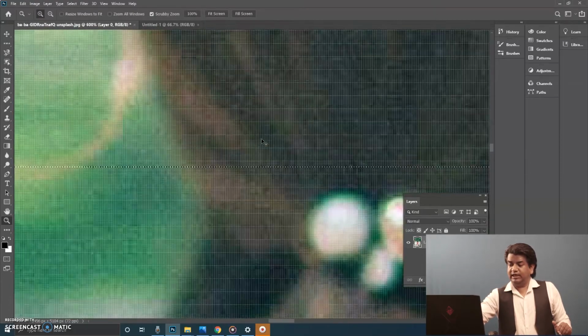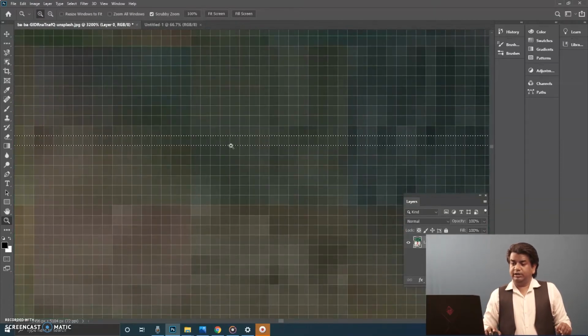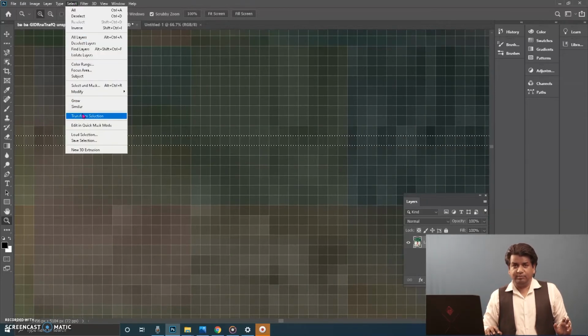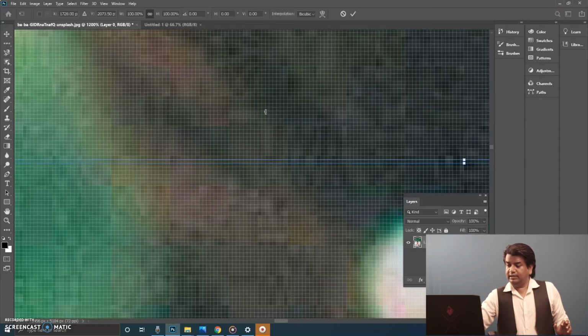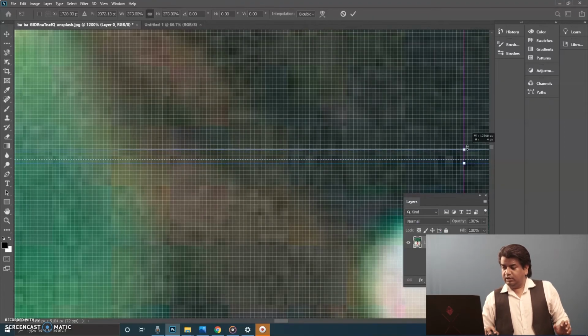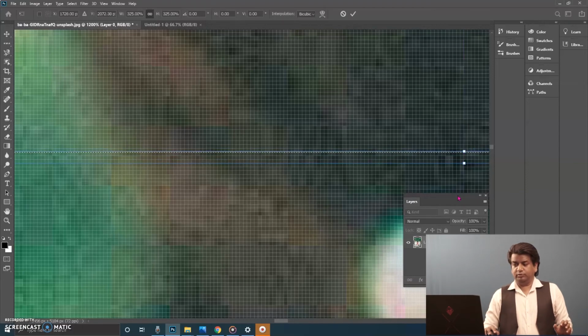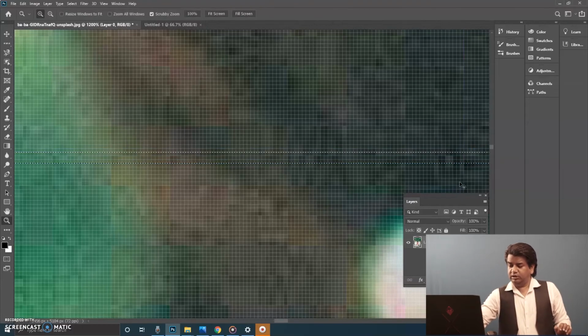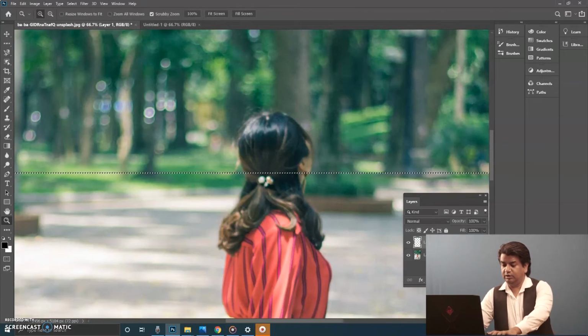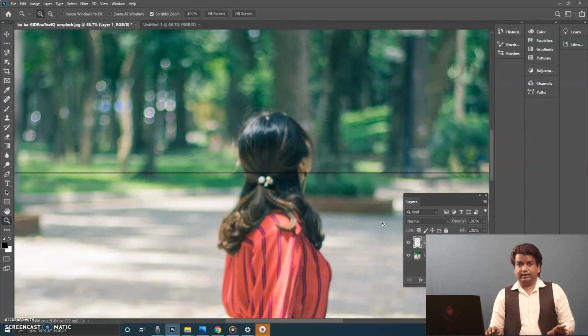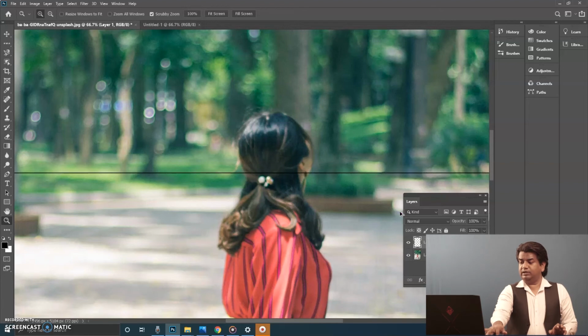Or if I want to scale this particular thing, go to Select, Transform Selection. Okay, and then I can scale this the amount I want. Enter, Control minus, add a new layer and fill color, so I get the demarcation of the line. Okay, the other creative stuff you can create in this is,